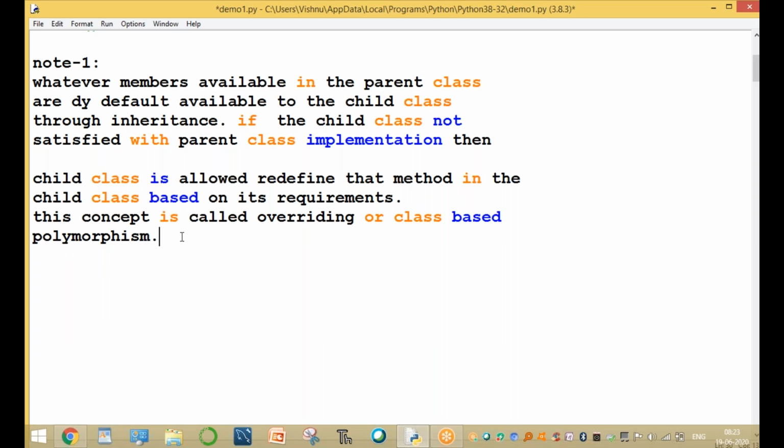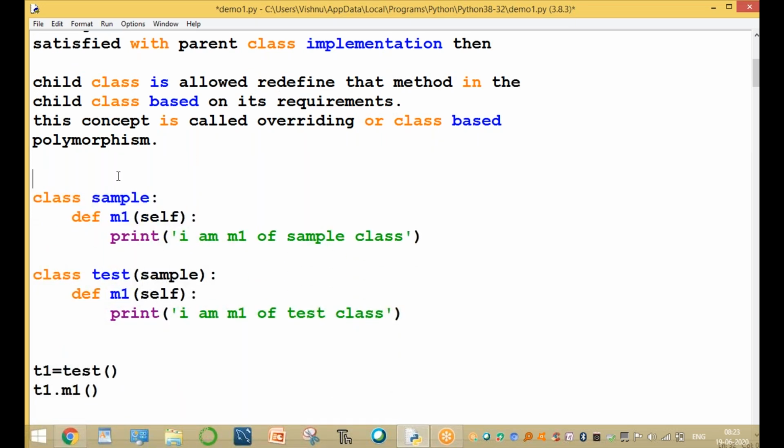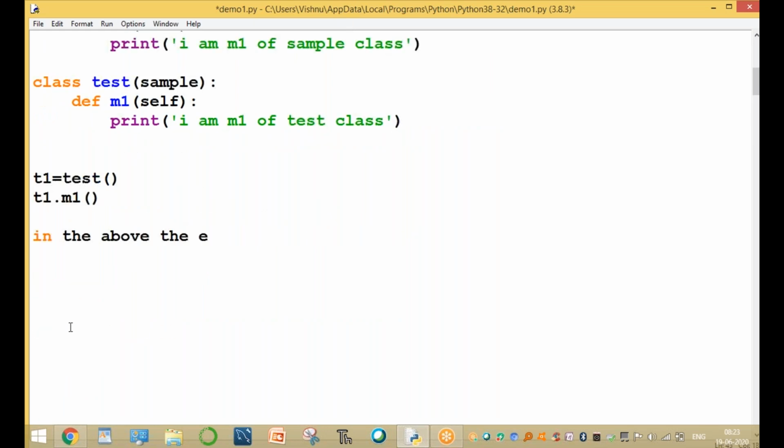In the above example, which class's method is always executed? It always executes the derived class method only.